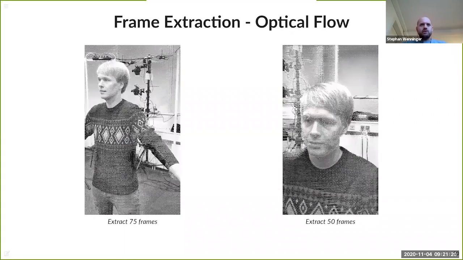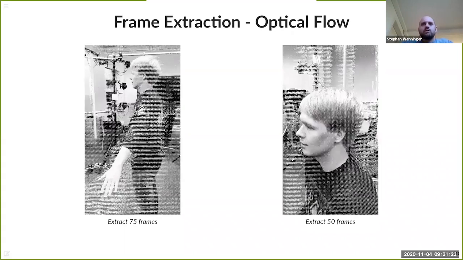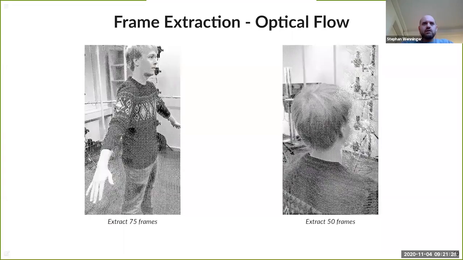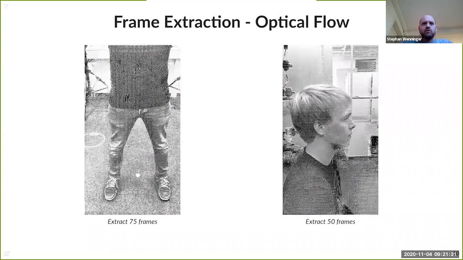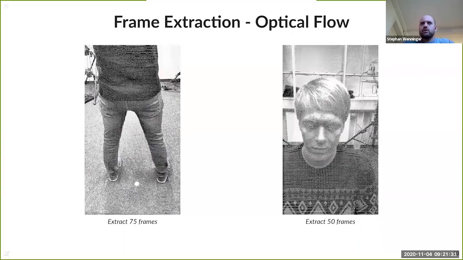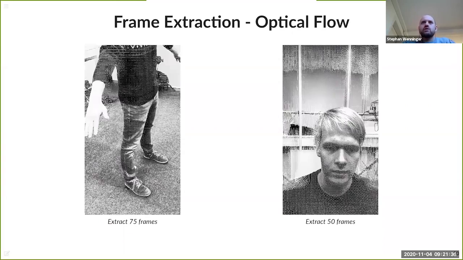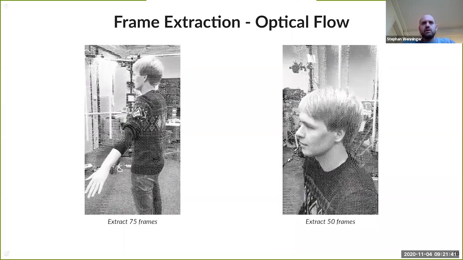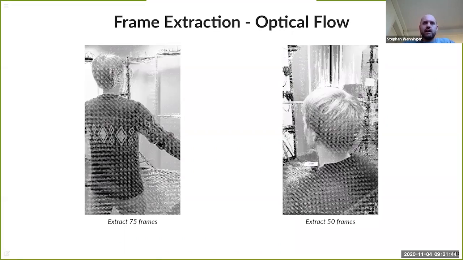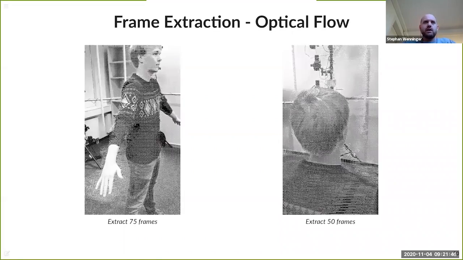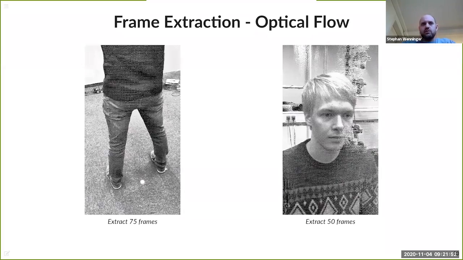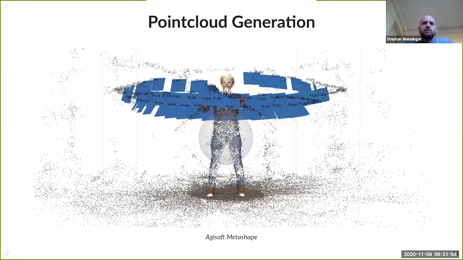From these videos, we want to extract single frames that can be put into a multi-view stereo reconstruction software. And we wanted to ensure that the subject is covered uniformly. So we want the extracted frames to have uniform movement in between them. And we ensure this by optical flow analysis, where we try to estimate the movement in between frames by averaging the length of the 2D optical flow vectors, and then extract frames with uniform movement in between them. This defines then a set of images that can be passed on to the multi-view stereo reconstruction software, and we use Agisoft Metashape for this,